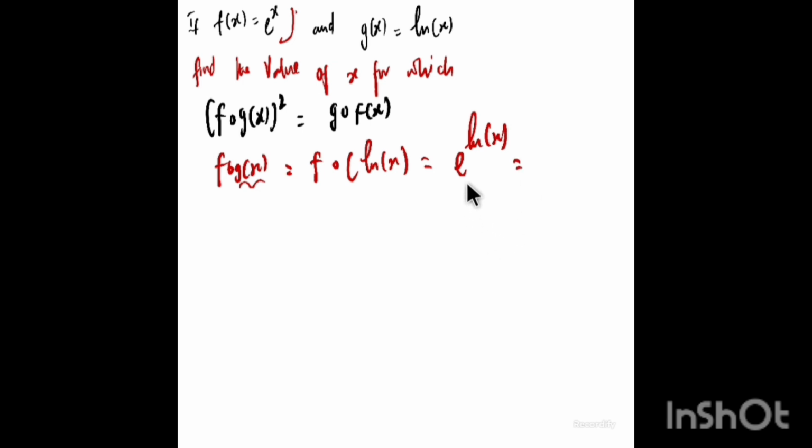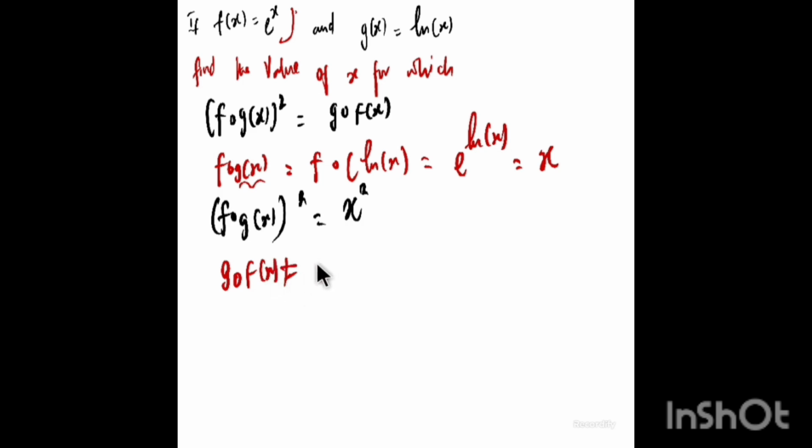All right, so remember, exponential natural log of x will definitely give us x. I'm sure you know that. So that is f of g of x, but don't forget we have f of g of x to the second power, so this implies it's x to the second power. All right, now the right hand side, which is g of f of x, let's do that. g of f of x, so this means